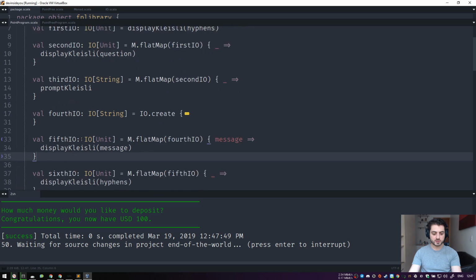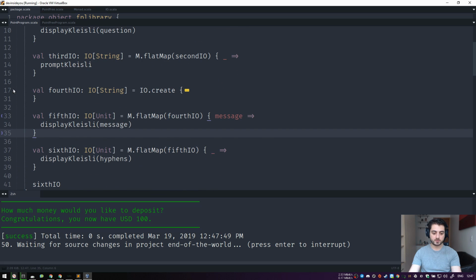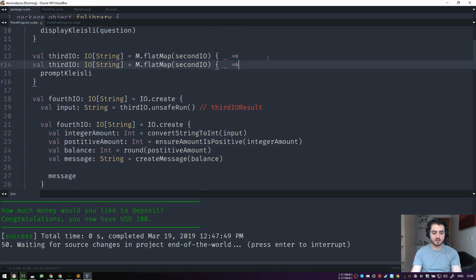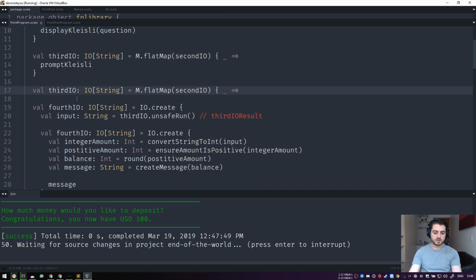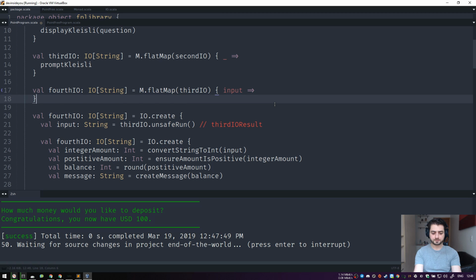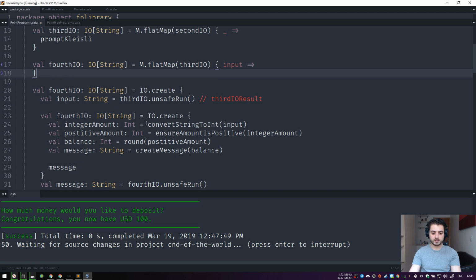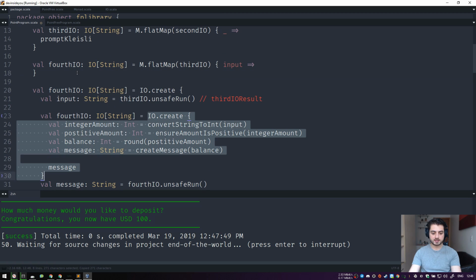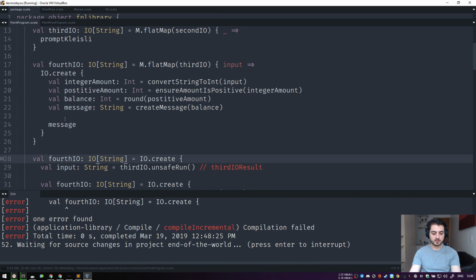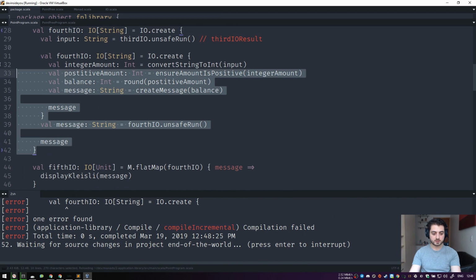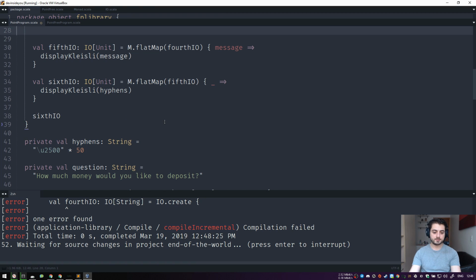So now we're using Monads to compose. Let's actually do the same thing with the fourth IO now. So I'm just going to copy this line, for example, and whoops, like this. So this is going to become the fourth IO. What does it need? It needs the third IO, and third IO gives us an input. So we have an input over here, right? And what do we have here? Okay, it needs the IO create. So it needs this thing over there, right? So this is exactly what it needs, like this. Let's save it. Fourth IO is twice now, so we're just going to remove that like this,